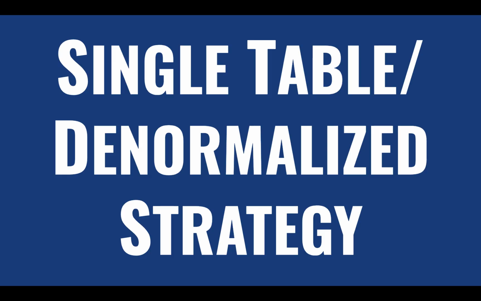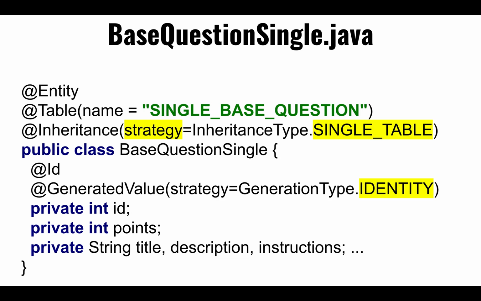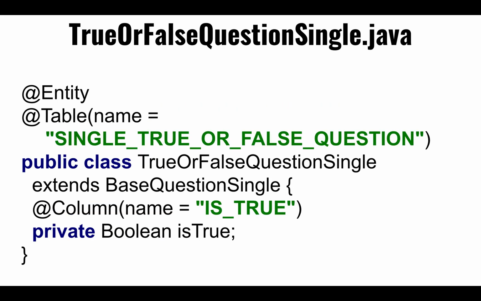The other implementation is the one we just saw, the denormalized, where if you have the same classes, the classes don't change. And from Java's point of view, these are just a base class and two inheritances. Two are inheriting from a base class, so that doesn't change. The only thing that changes here is that we are choosing a different strategy. Here, we say that it's a single table strategy. This is the default strategy. So if you leave out the inheritance tag here, this is the strategy that it would use by default. If you don't say anything, this is the strategy that it would use,